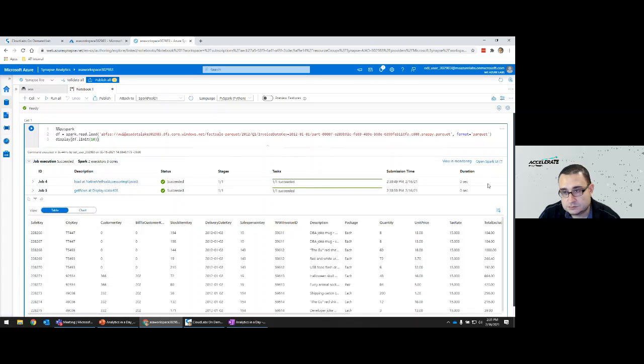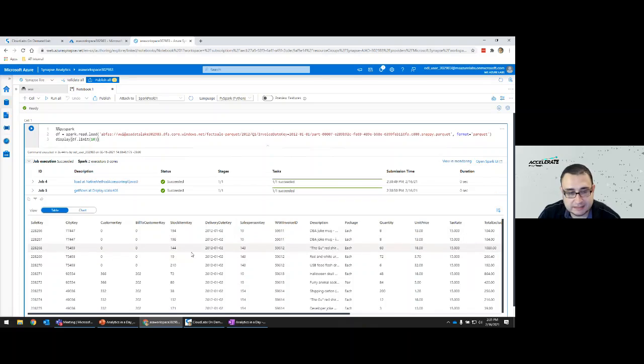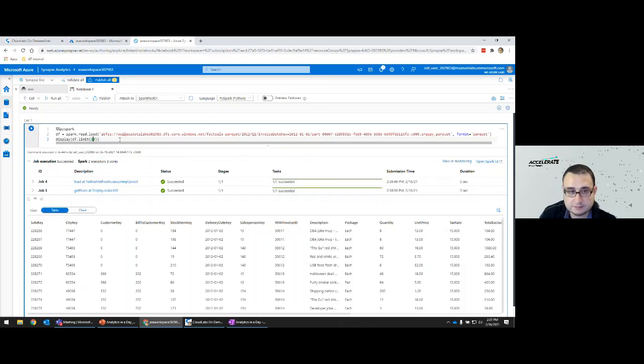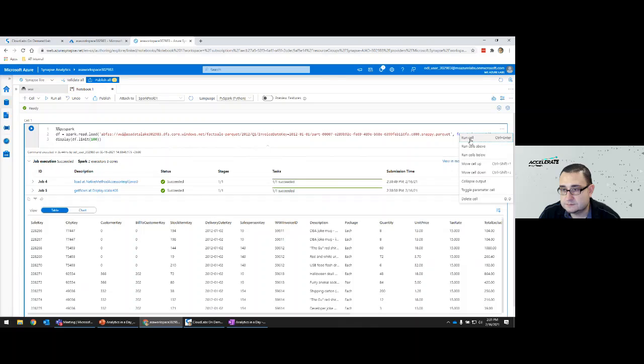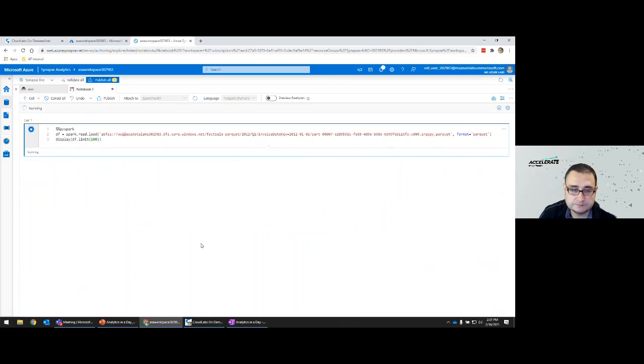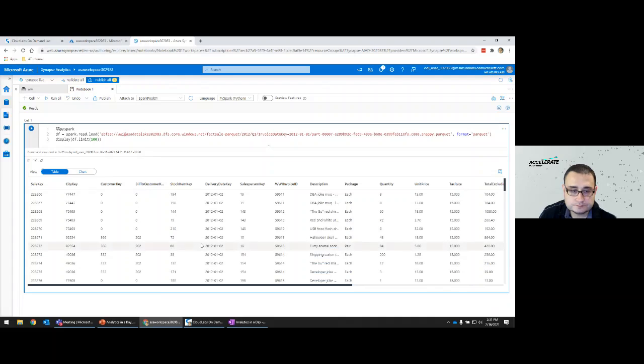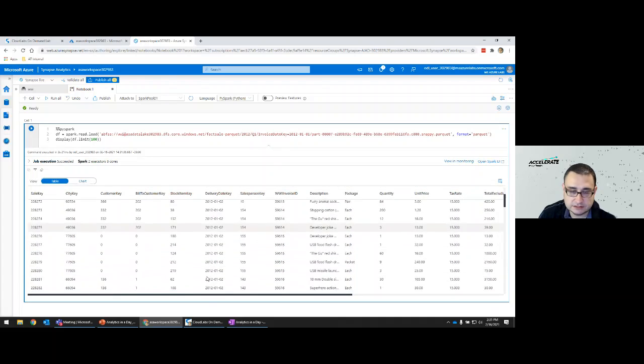We can also see that it initiated several jobs, and what the job duration and the result of each of those jobs was. So we can see really good information about that. Now, by default, it will show you the results of those 10 rows in a table, but we only have 10 rows, so let's expand that to perhaps 100 rows. So let's change that to 100, and we should get back 100 rows. And also, it returns it almost immediately.